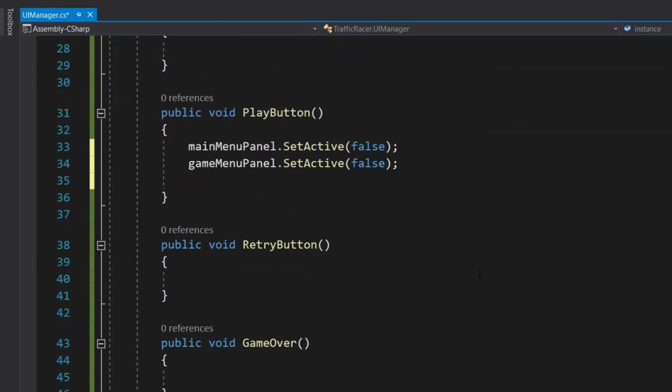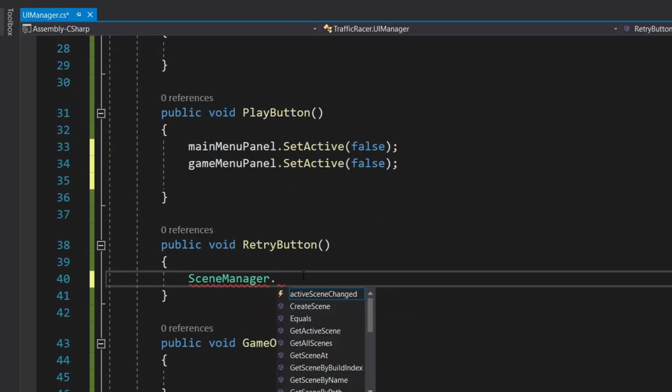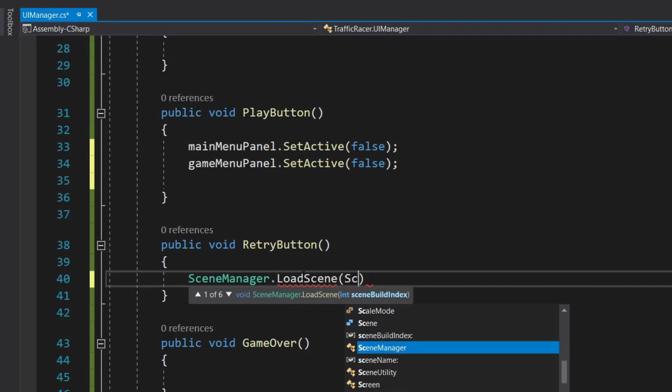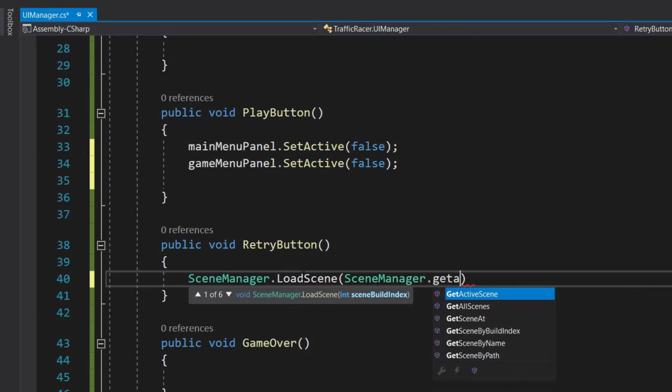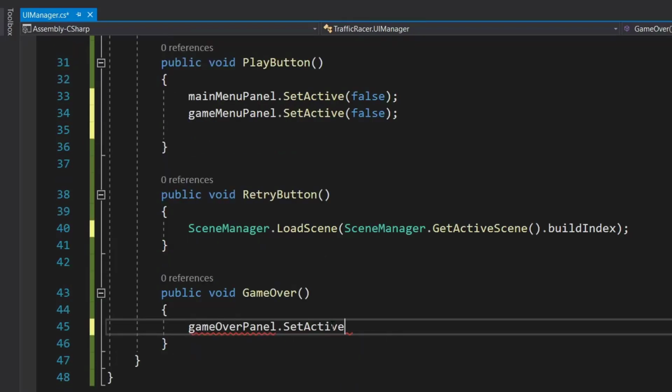And then in RetryButton we will call SceneManager.LoadScene, and inside that we will call SceneManager.GetActiveScene().buildIndex. And in GameOver method we will just activate our game over panel, so we'll call gameOverPanel.SetActive true.